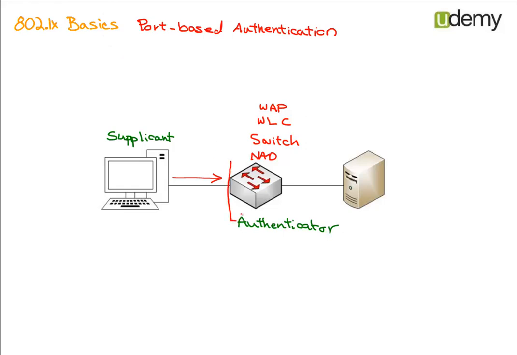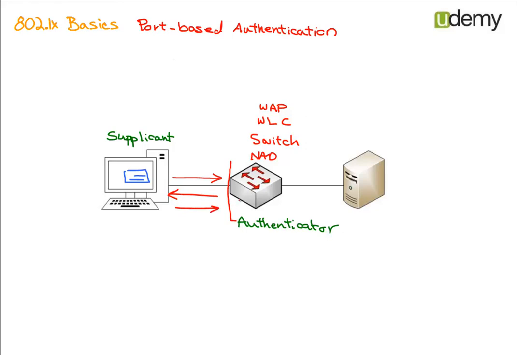You should prove who you are. For example, it asks the user to enter their username and password. Okay, the user provides the username and password and delivers it to the